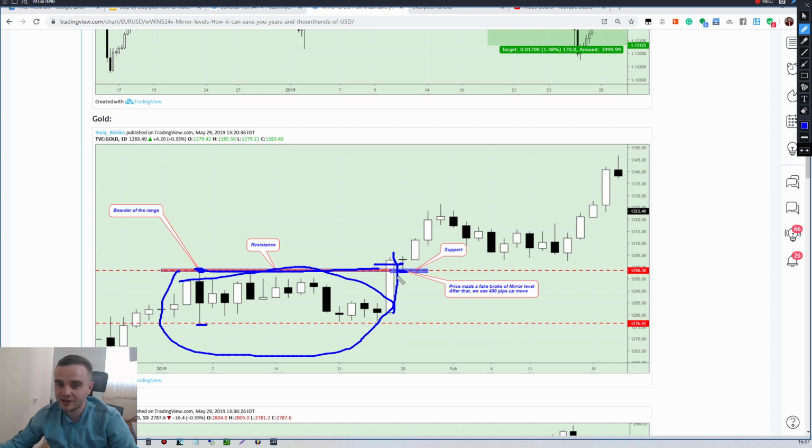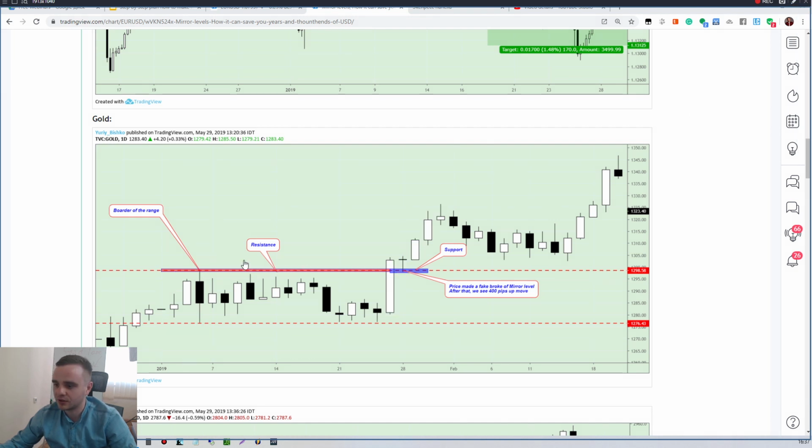And for buyers, it was like a holy time. And after that, when price came back, it also hit stop losses. It hit break evens for many people who opened buy here. And after that, big players accumulated enough volume and moved the instrument. Take a look how it worked very well here on gold. Take a look. The border of the range level broke up, and after a false breakout, take a look at this beautiful rise from 1,298 to 1,323.